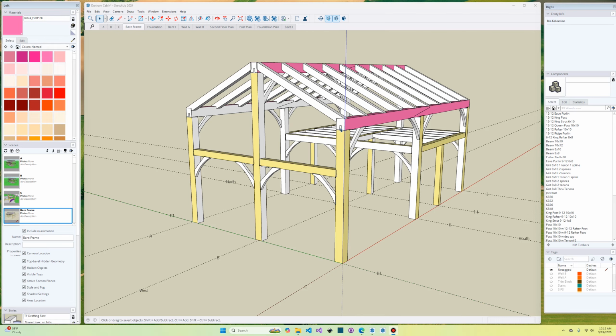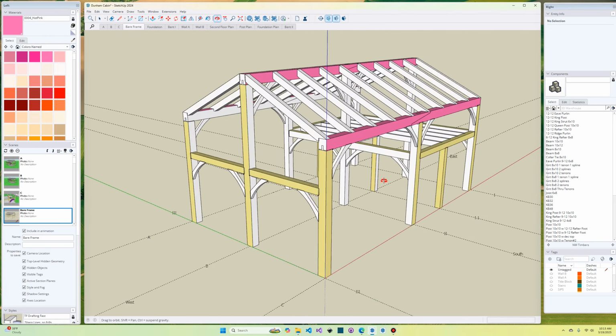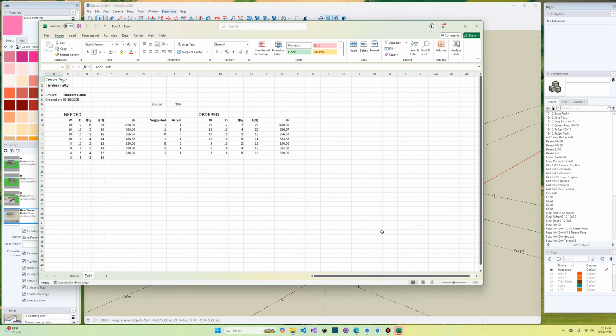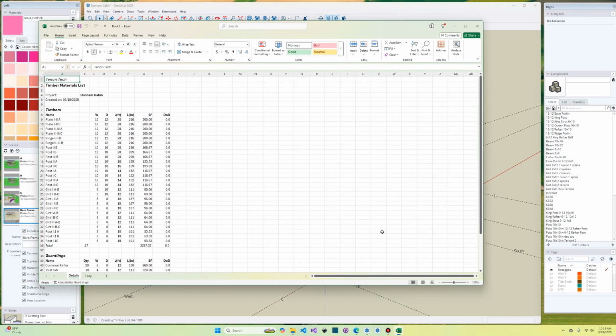So here I've got a little frame that I've modeled in SketchUp, and I'm going to quickly make a timber list just to show you how it works. Under Extensions, Timber Framing, just pick the timber list option. And you'll notice that it automatically starts up Microsoft Excel and fills in all these rows in a brand new spreadsheet for you. Now, auto-populating an Excel spreadsheet like this only works if you're on Windows and you have Excel